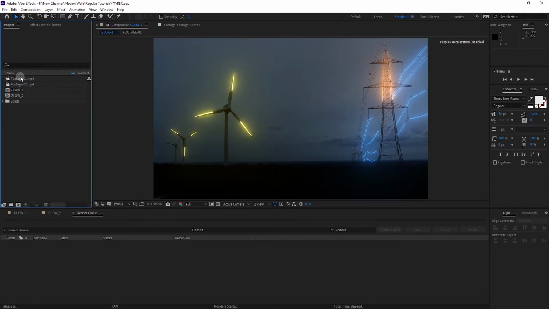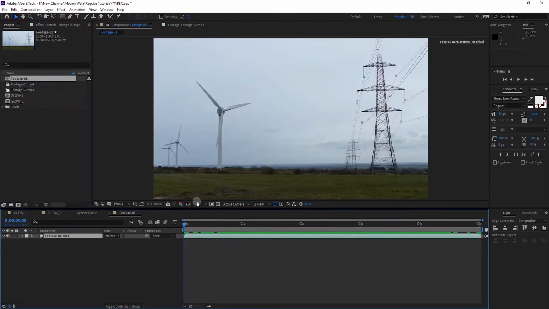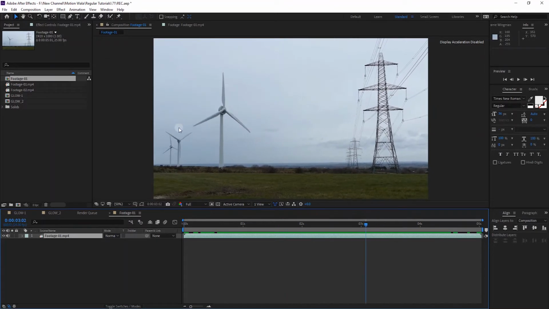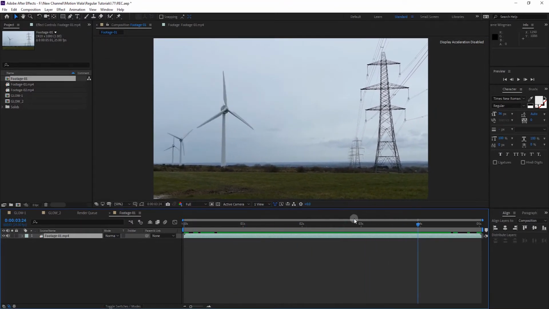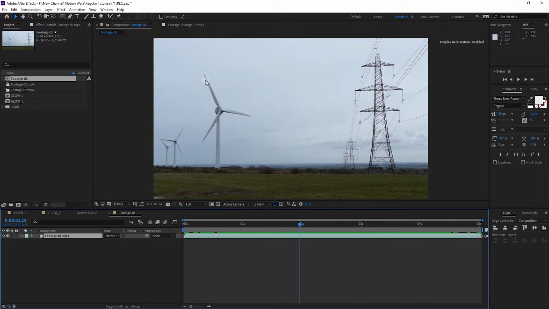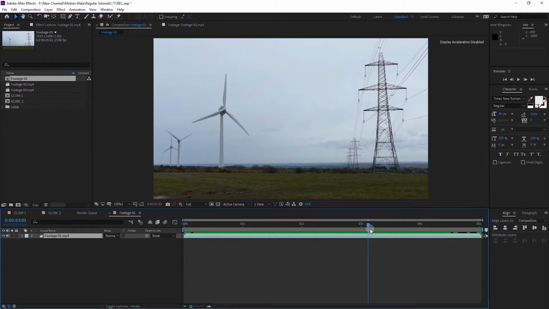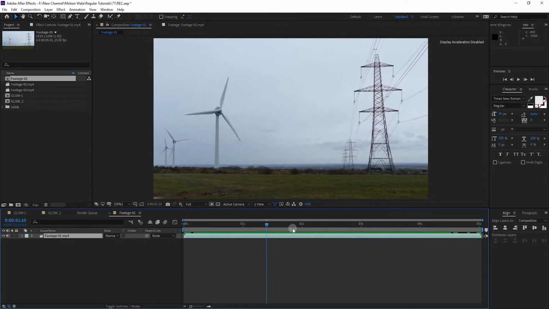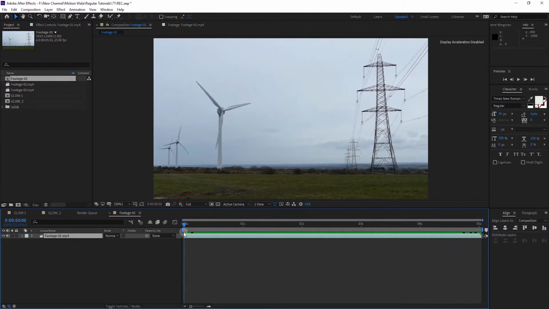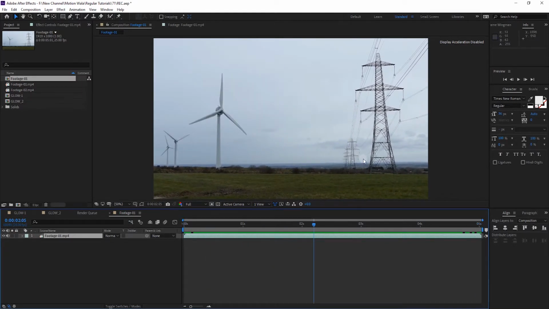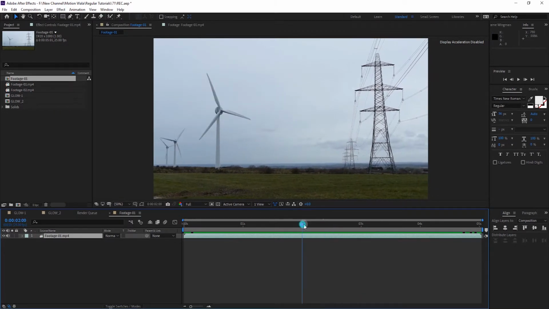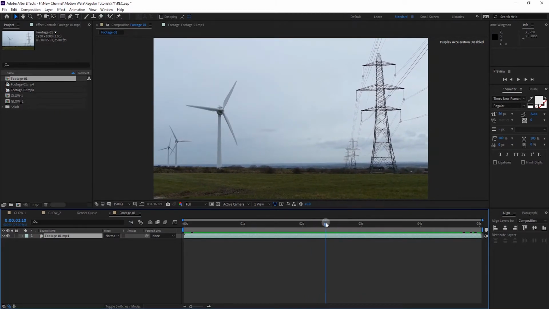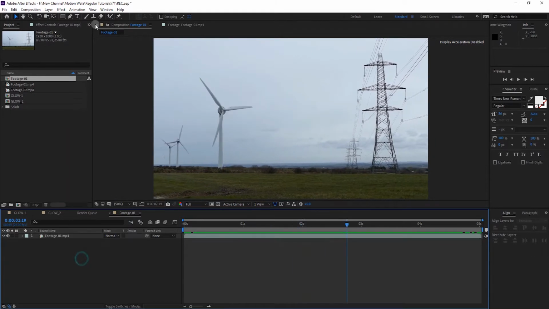First of all, import your footage inside of After Effects, then create a new composition with it. I am using this footage first. You can see in this footage the camera is moving a little bit, and the footage also has some moving objects as well. If you have still camera footage, it will be a lot easier than this to add animation. That's why this is a little more time consuming than a still camera shot. I will show you the way. If you have moving camera footage, you can also add the effects on it.